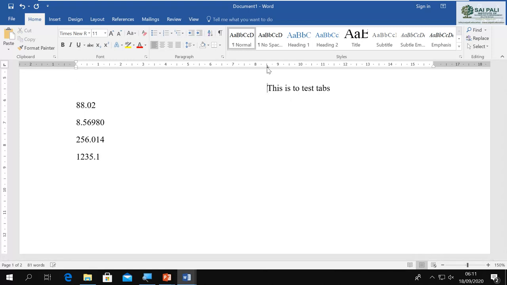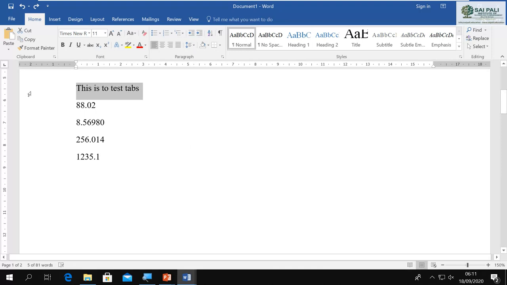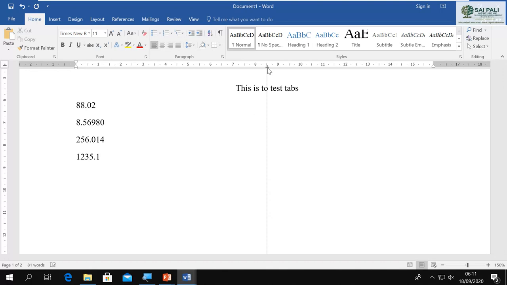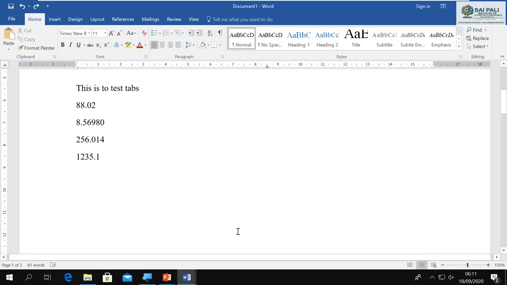Now it goes to the left align of that tab stop, as you can see. That is what left align will do. Now if I put a center tab, let's say I put the center tab here. Now what it will do when I press the tab, it will move the line to the center of that tab stop. You can see the line is not left aligned, not right aligned, it is directly at the center of that tab stop. That is what center does.